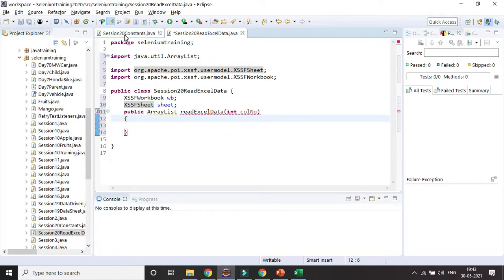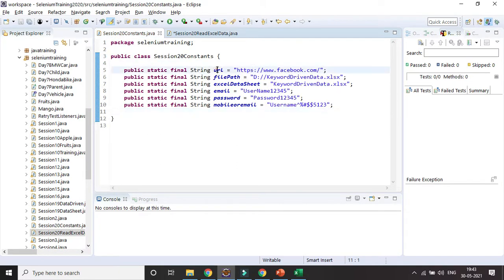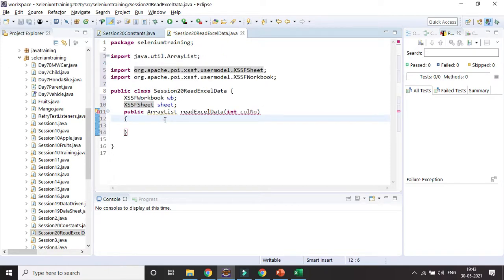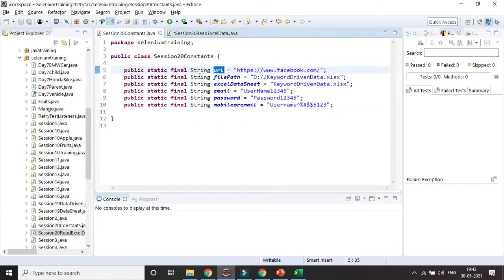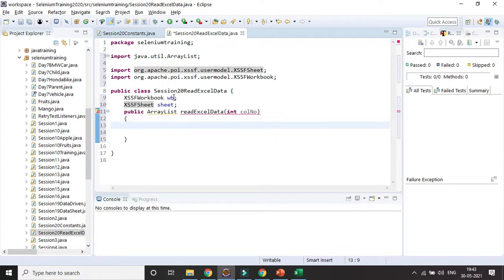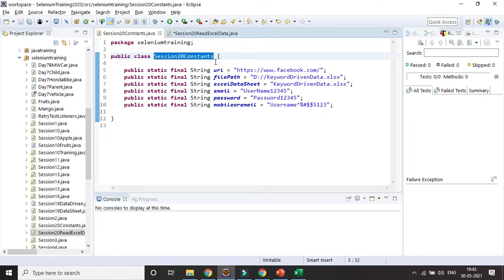URL from here. So how can I read it? I will be reading it with the help of that particular class name, and storing it in some variable called file. Sorry, it is the same thing.